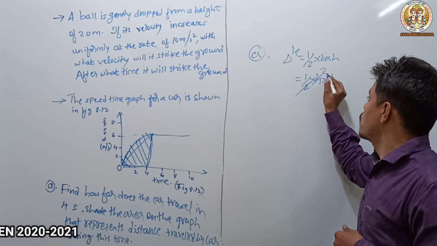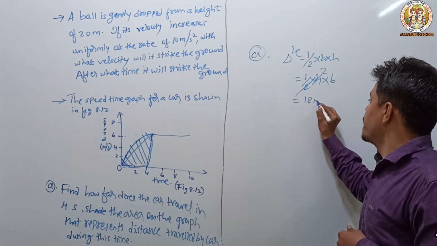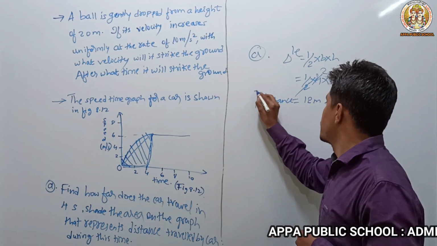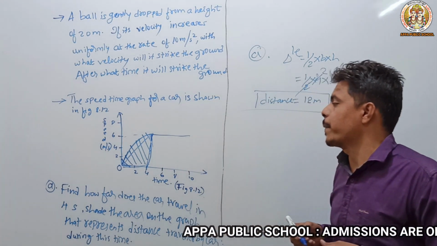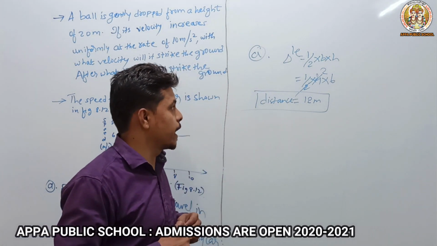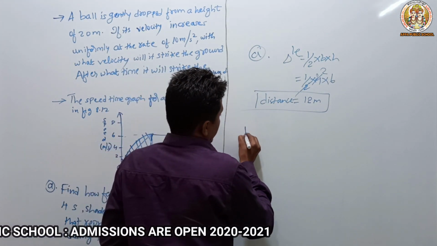Half into base into height gives 12 meter. So we got the distance, 12 meter. This is the distance traveled by the car during the 4th second. One more question they have asked,